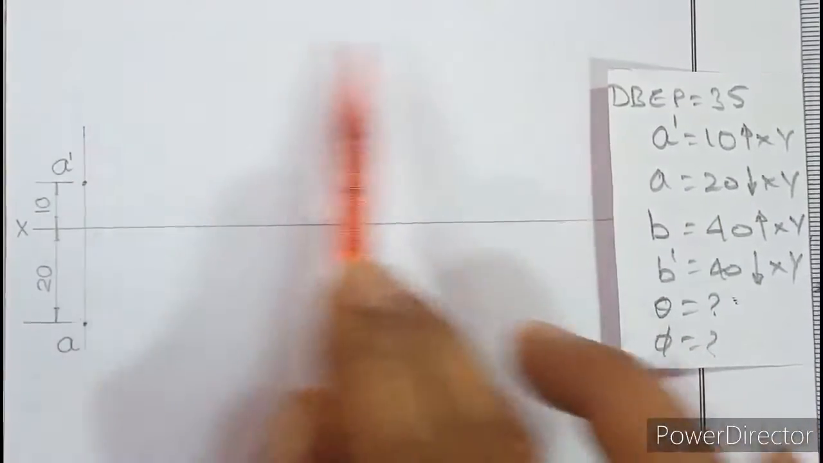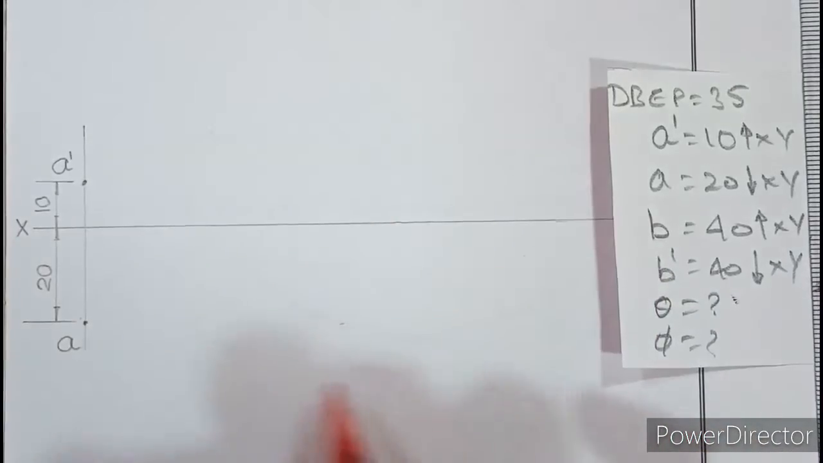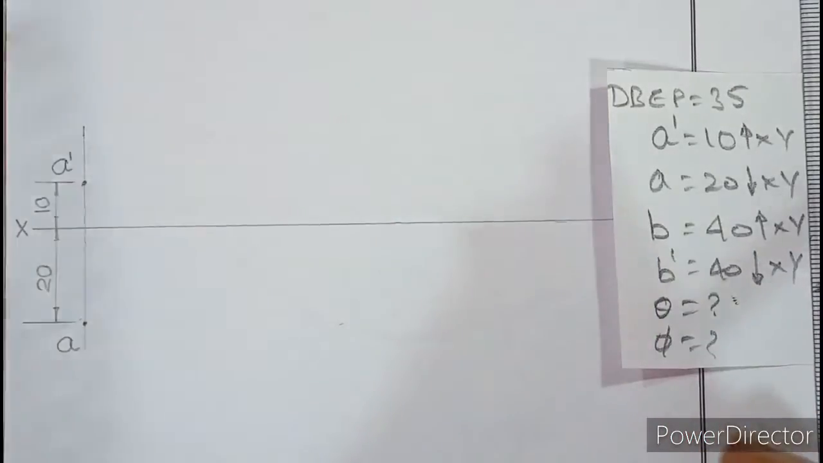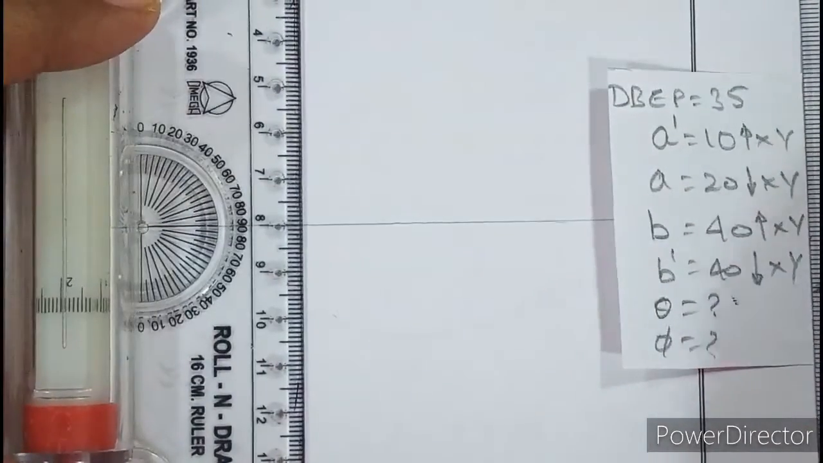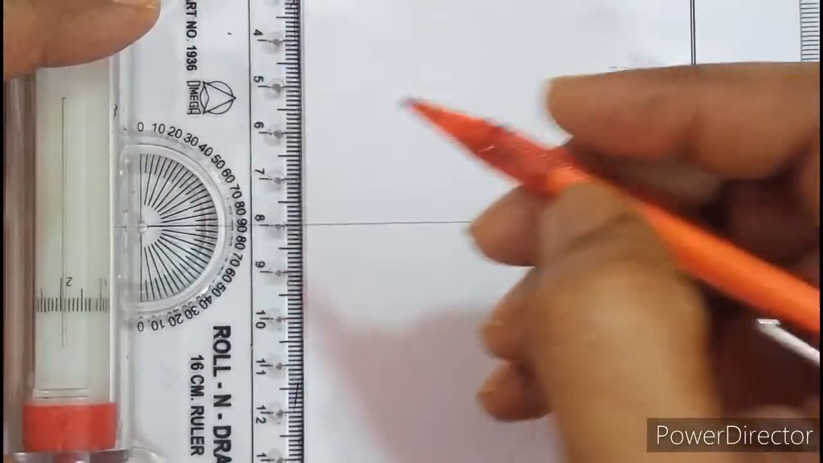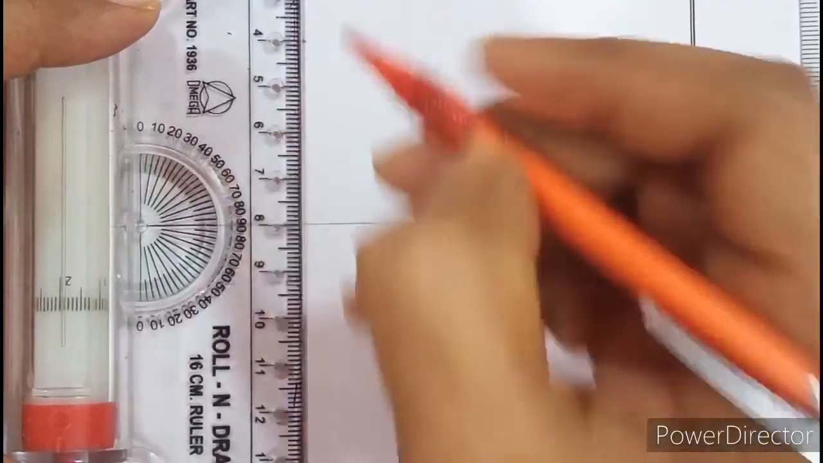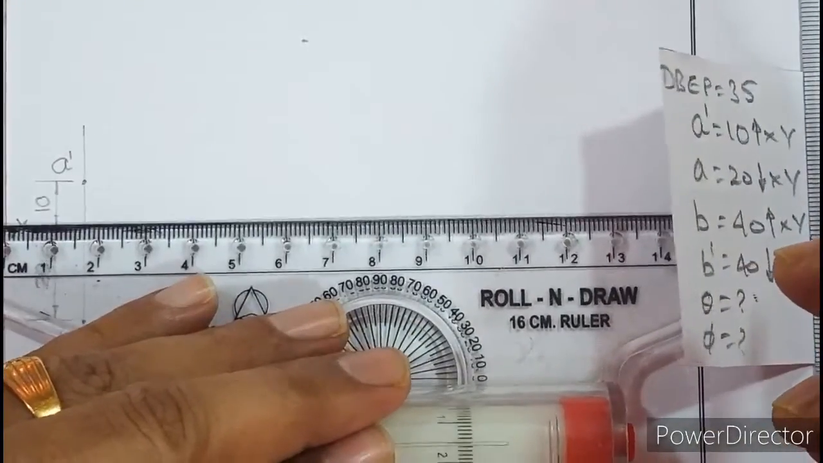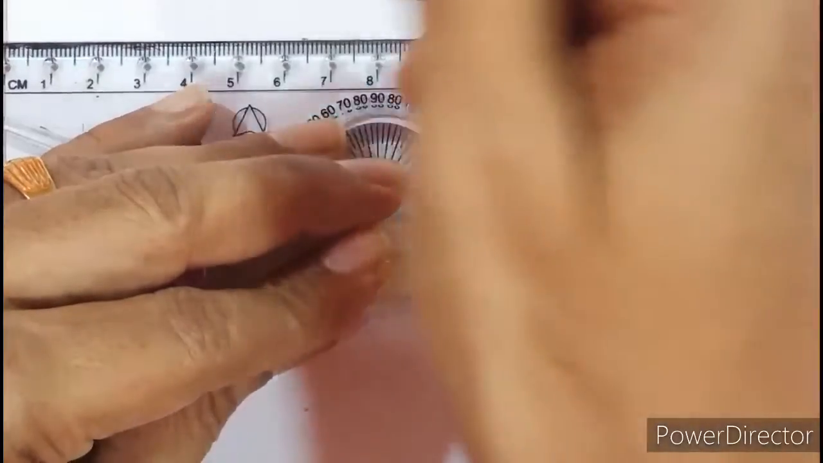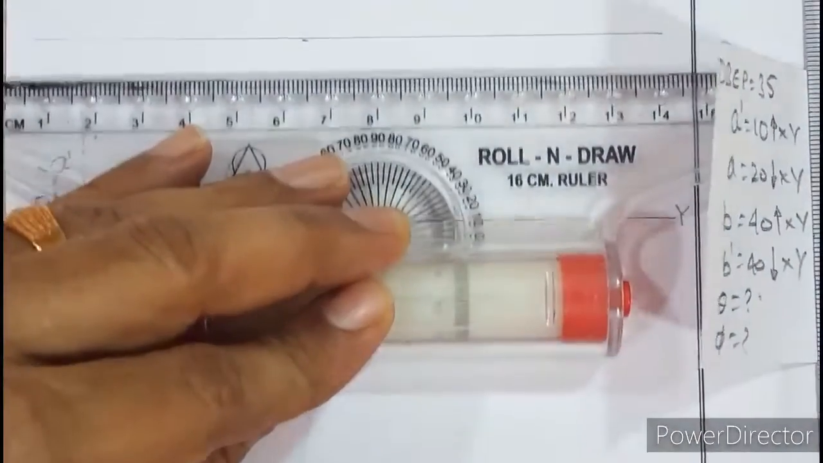draw locus of B. Similarly, B dash is 40 below. So from XY you have to come down by 40 and draw locus of B dash. Okay, so let us mark 40 up and 40 down. So from the scale we'll move up by 40, 10, 20, 30, 40. From here we'll come down by 40. And now aligning the scale with XY, we can roll up, draw a light line. This is the locus of B, not B dash. And coming down,